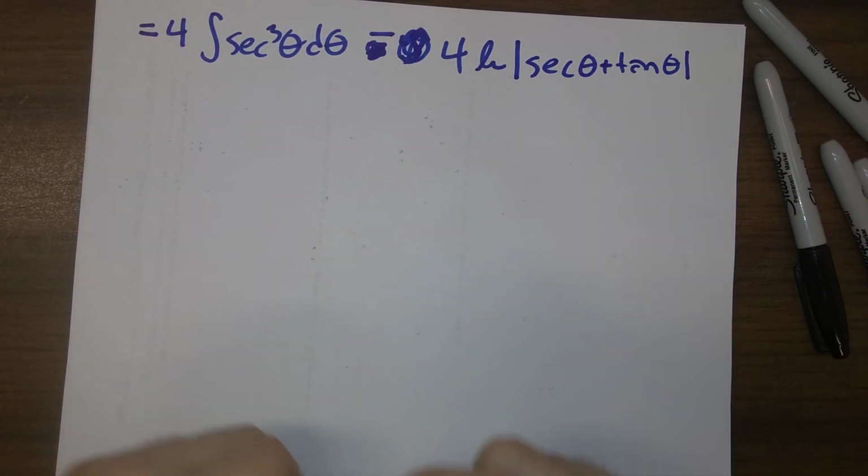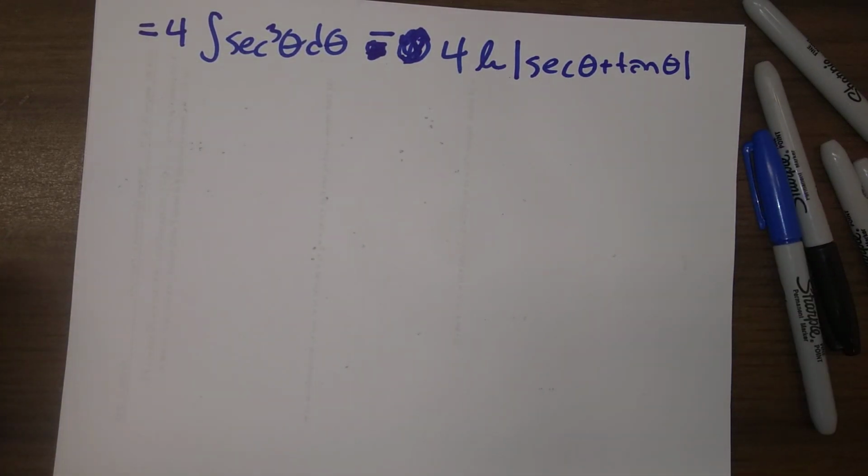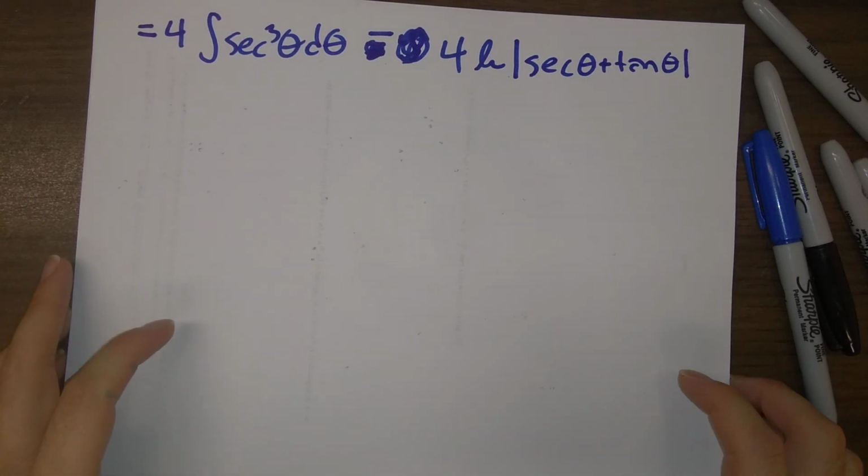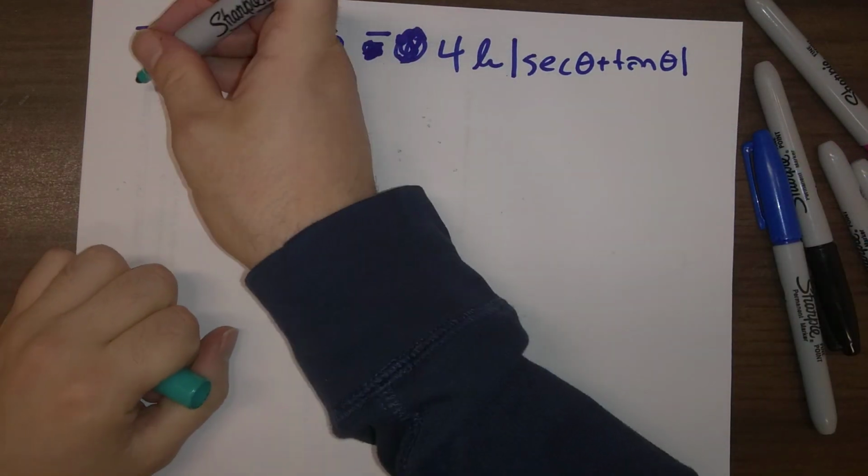Okay, so our goal right now is to do the integral of secant cubed theta. And the trick is that we're going to use integration by parts,